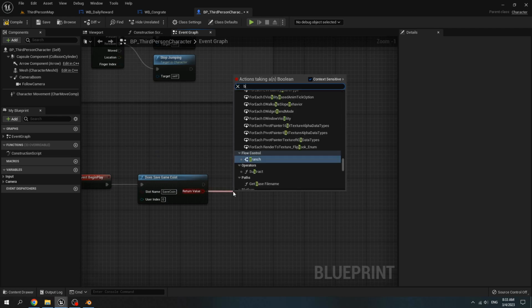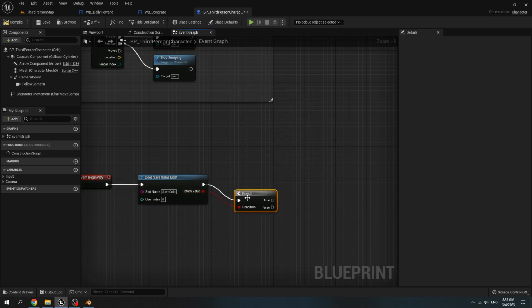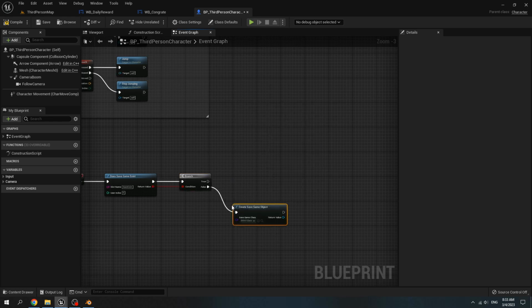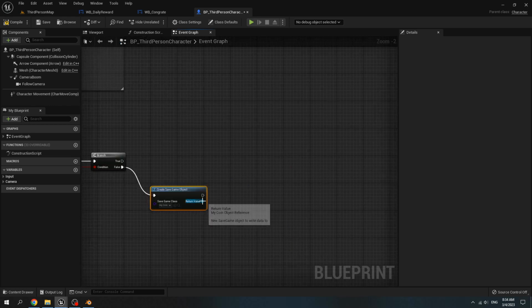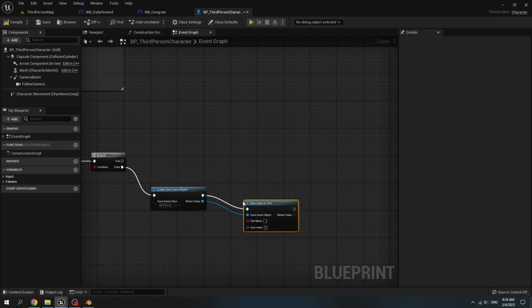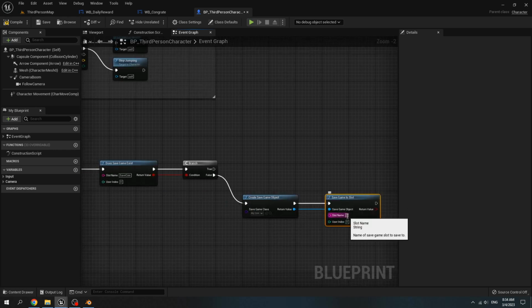Return value, call a branch. If it false, we call create save game object. Choose the save game object to my coin and then save game to slot. Our slot name is save coin.